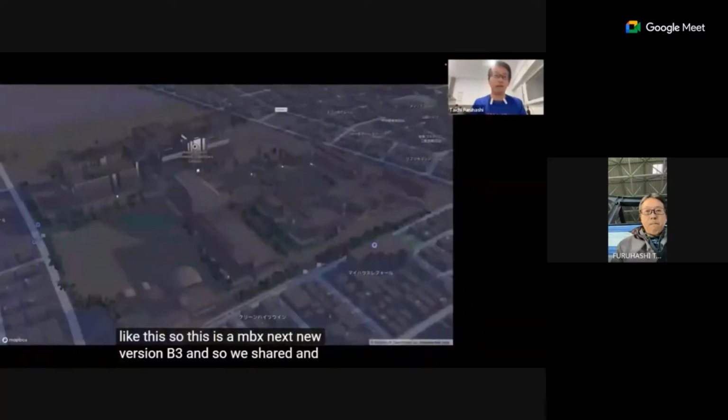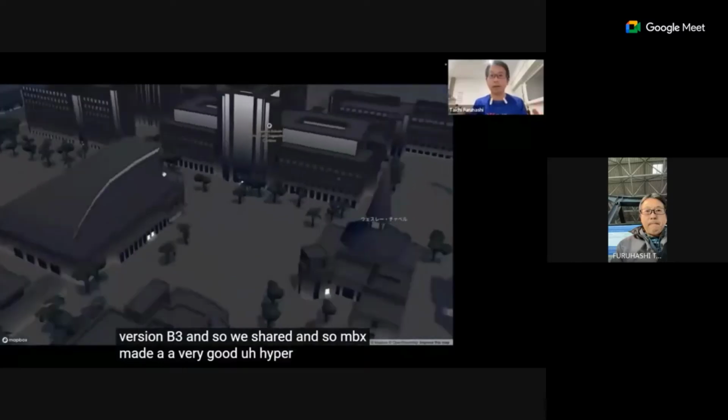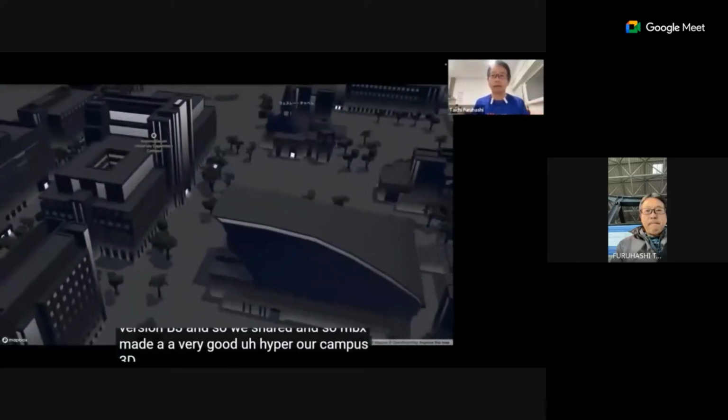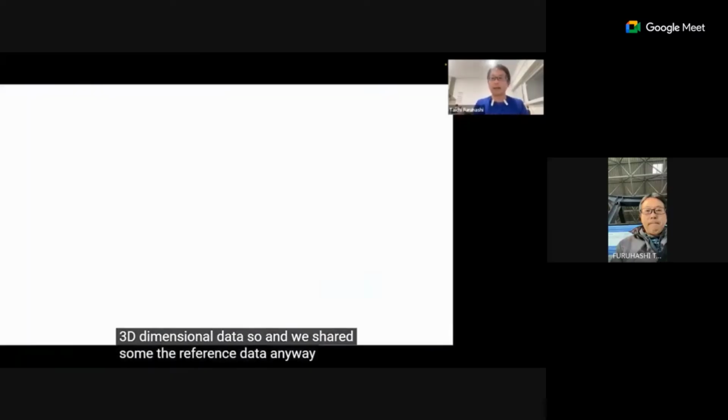We shared reference data, and Mapbox made very good hyper-detailed three-dimensional data of our campus. Now we can make our own data, of course OpenStreetMap and drone too, and combine them for some purposes.